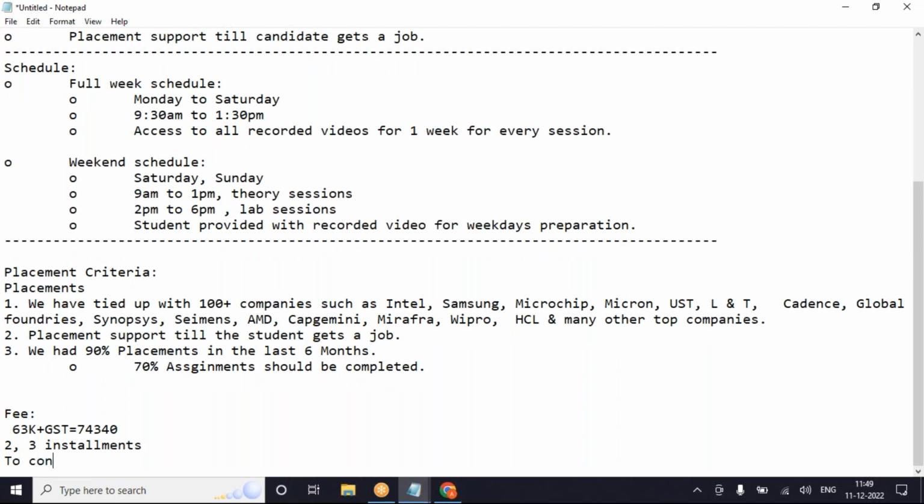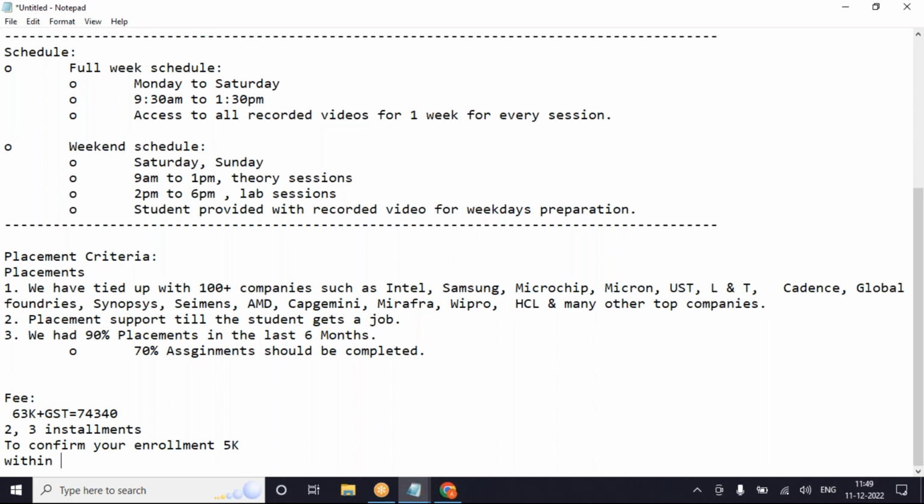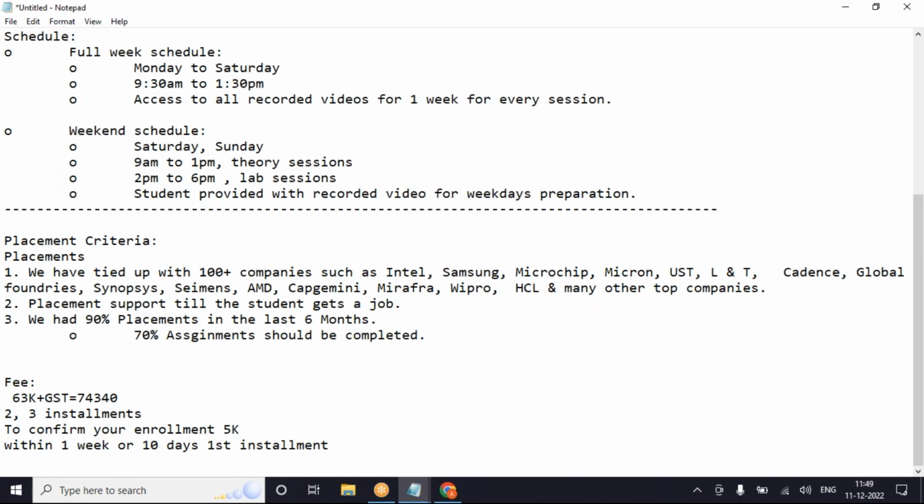To confirm your enrollment, 5K you have to pay. Then within 1 week or 10 days, you have to pay the first installment. After or within 1.5 months, you have to pay the second installment. This is the fee structure.